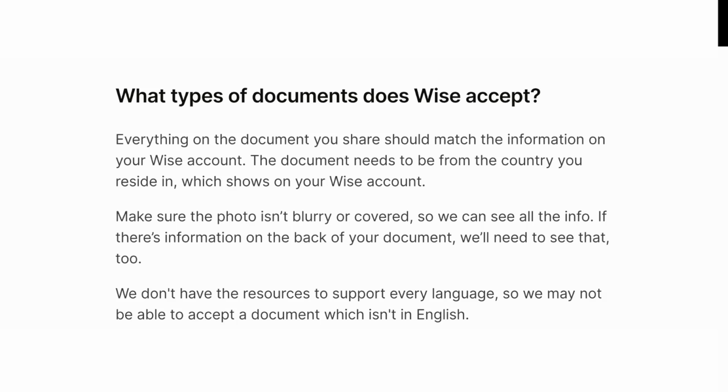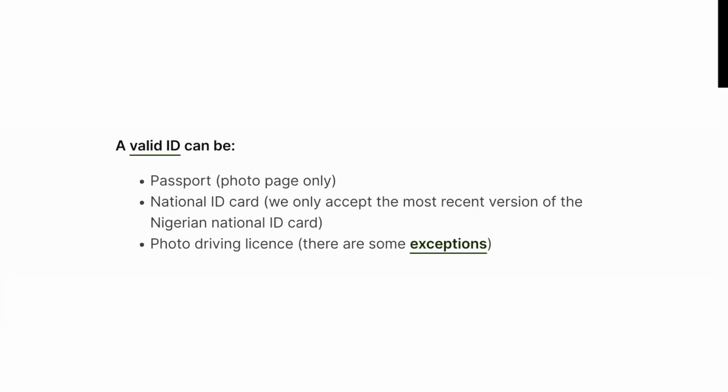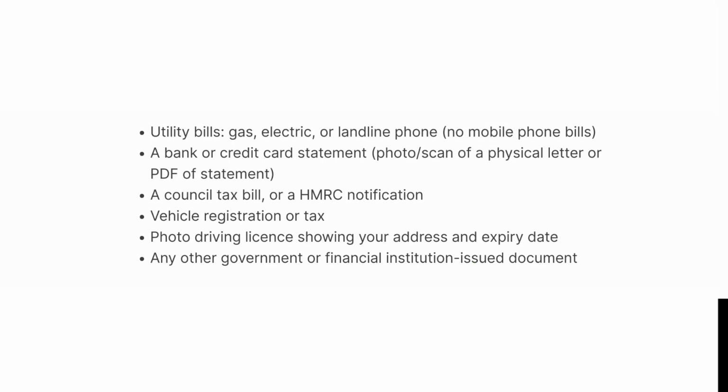They don't have the resources to support every language, so they may not be able to accept a document which isn't in English. A valid ID can be a passport, photo page only, a national ID card, they only accept the most recent version of the Nigerian national ID card, and photo driving license. There are some exceptions. A valid proof of address document can be utility bills such as gas, electric, or landline